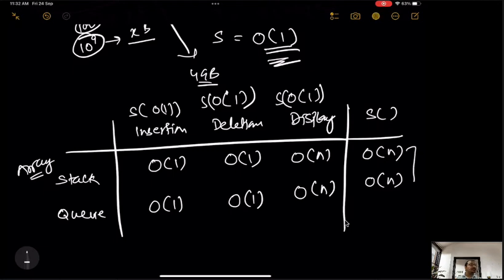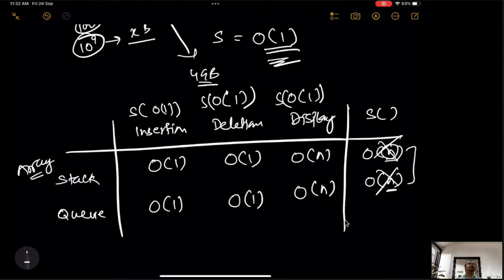But this n size, remember that. What I am telling you is important now. Remember that this n size is the original array. Do I use extra space? I am talking about extra space here. Space complexity is about extra space, not the original array. So this n array was original. For maintaining a stack of size n, do I need extra space? No. For maintaining a queue of size n, do I need extra space? No. So that's why it is not big O of n.